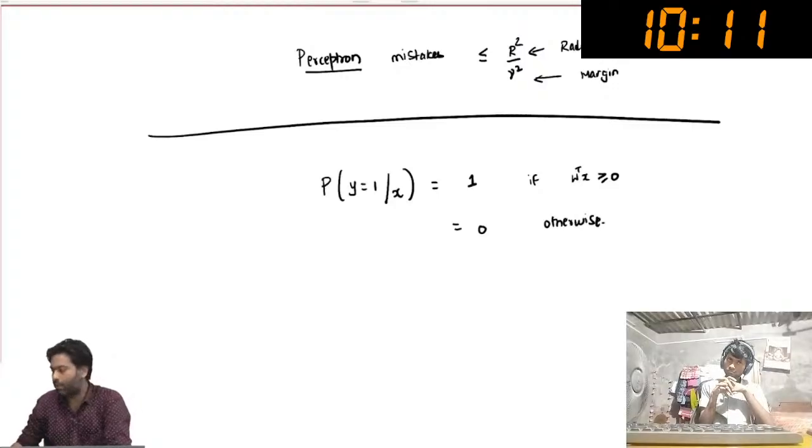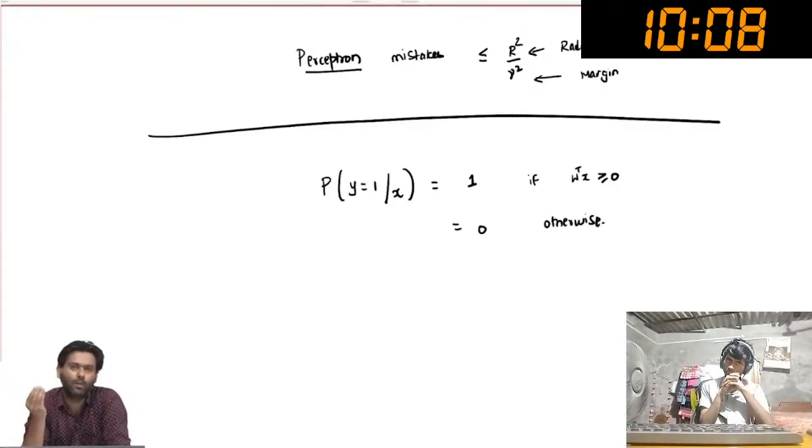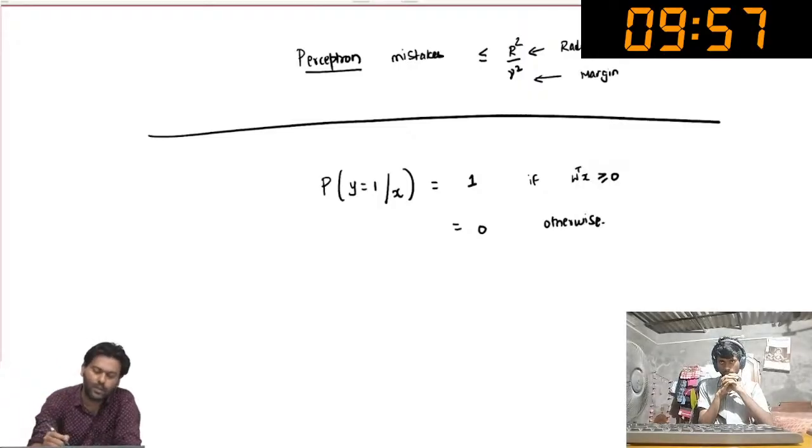So there is a probability, but it is not really a non-trivial probability, right? We have argued that this is essentially saying that the data set is linearly separable with the separator given by the plane perpendicular to w. Now, because of the strict assumption about these probabilities being just 1 or 0, perceptron is unable to model data